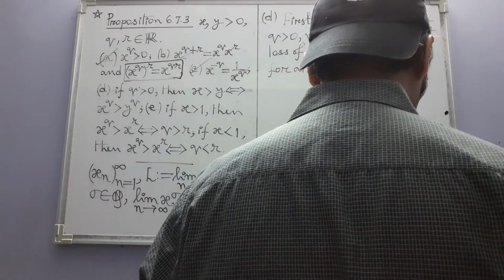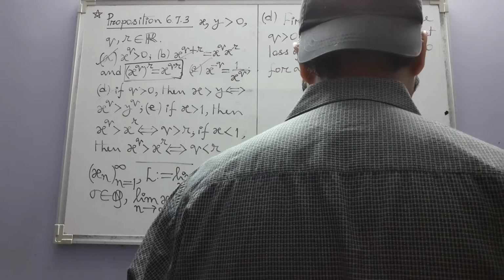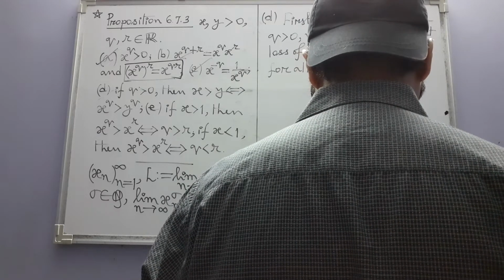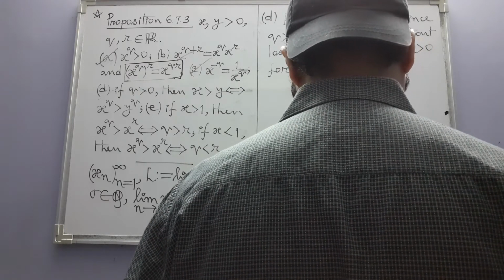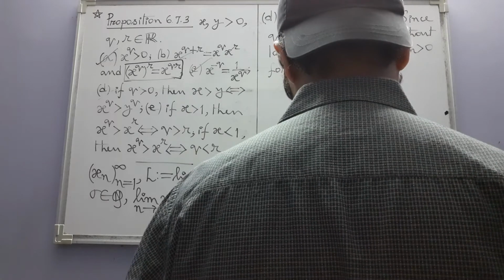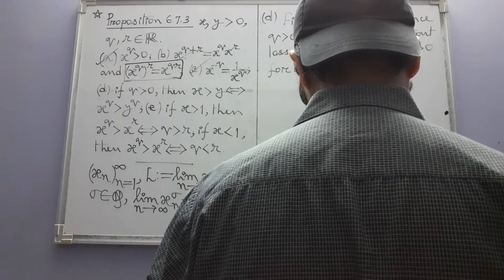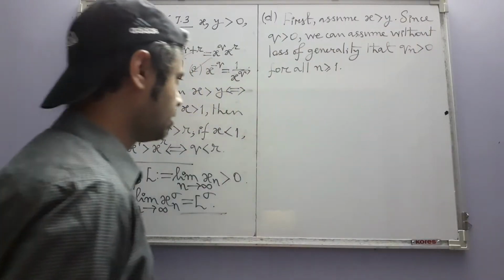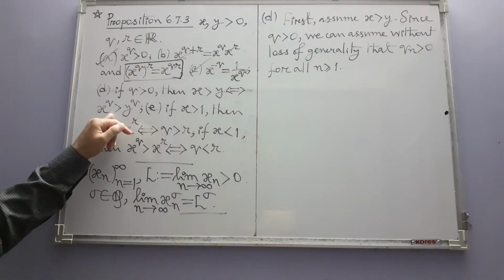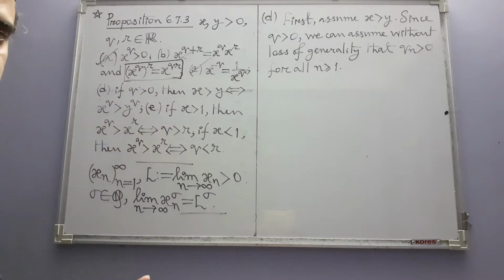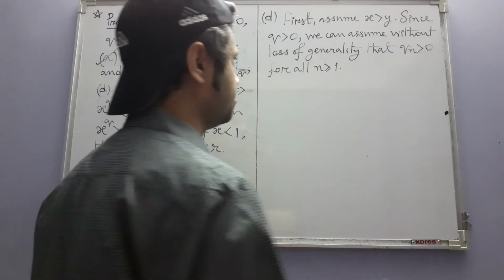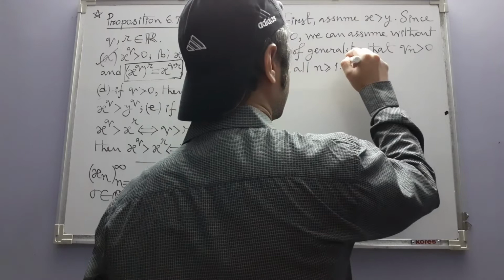So now the Qn's are rational numbers and they are all positive, so we can apply our corresponding result. We have a result corresponding to this part D for rational exponents that we can now apply. Then